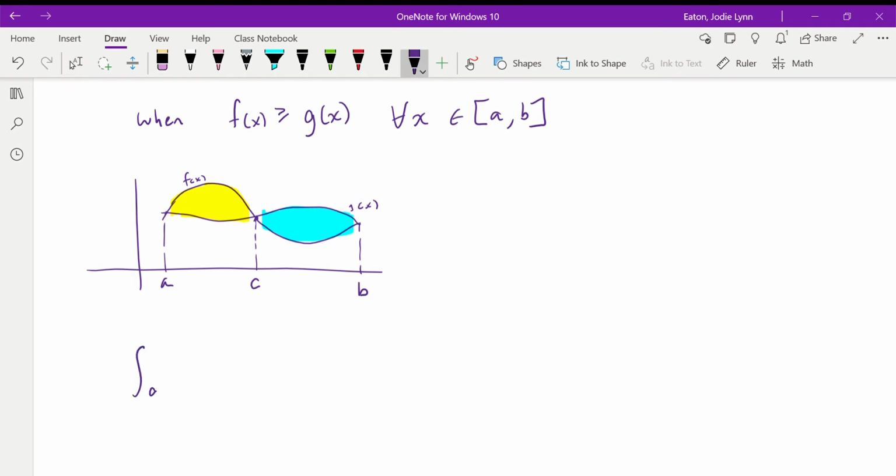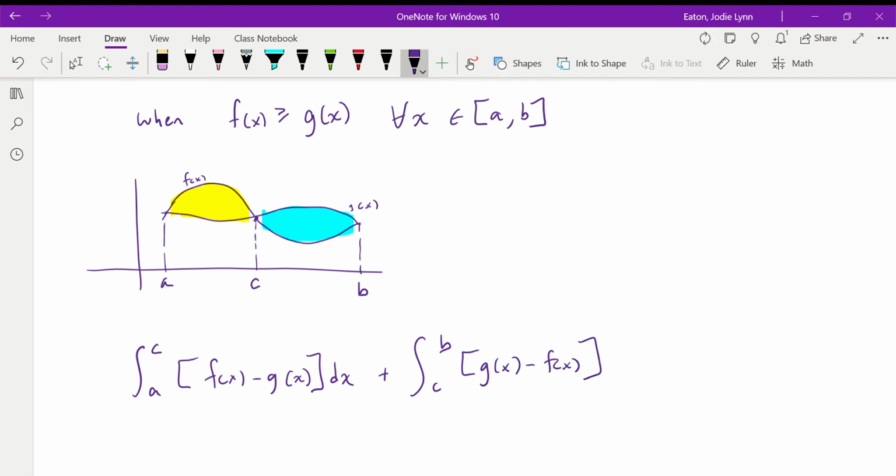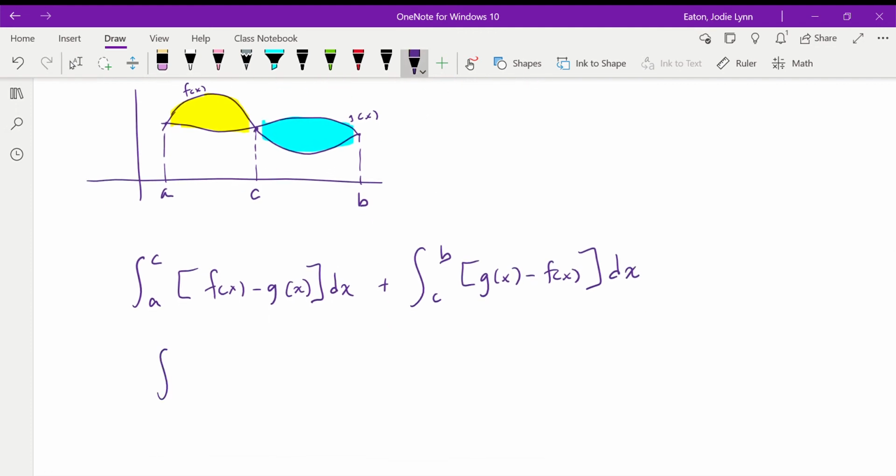So in this case, we're going to take the integral from a to c of f of x minus g of x, because here f of x is higher, dx, plus the integral from c to b of g of x minus f of x dx. Okay, and another way we could write this is that the area, so here this is one way of putting the area,